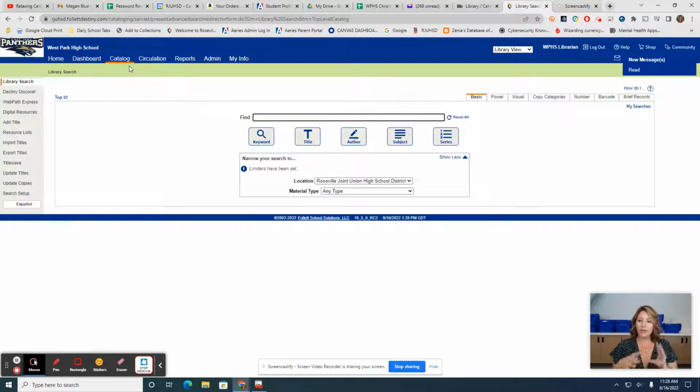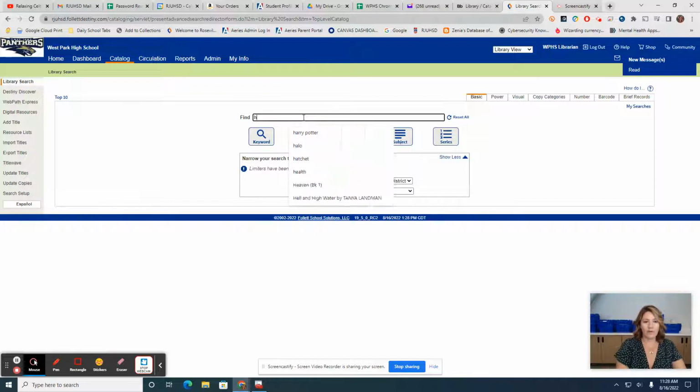That's where you're going to search. And your screen will look a little bit different than mine. I'm in the librarian screen right now. So yours will have not as many options and menus. But this part here in the middle where the catalog is will look exactly the same. So if we're looking for a book, and I'm looking for Harry Potter,